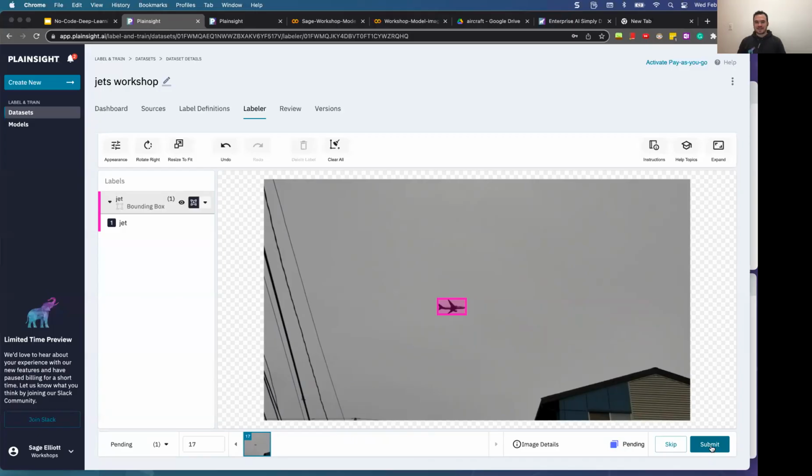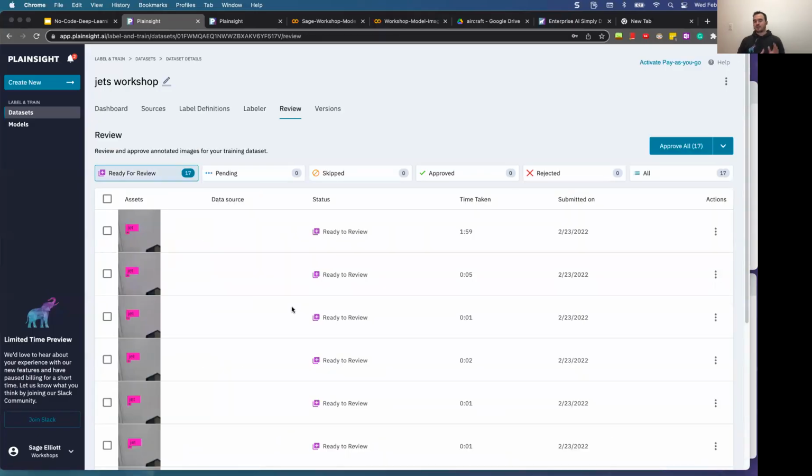All right, so I'm gonna hit submit, and that's all for this data set. Again, we're just building a really small toy sample here for detecting airplanes, right? You usually will want at least hundreds of images to start out your project. And then often you'll move into the thousands of images, if not even more than that in a real